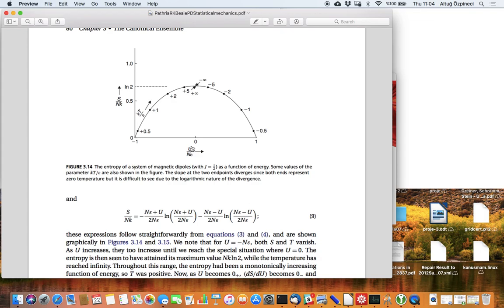If you increase U further, when U becomes positive, there should be more spins aligned in one direction than the other one. But that would mean that the number of possible microstates corresponding to these will be smaller. So entropy starts to get smaller and smaller. Basically, U larger than 0 is, mathematically speaking, exactly equal to U less than 0, just flipping the spins. So up to U equal to 0, entropy increases. When you keep increasing U from above 0, the entropy decreases. And hence,